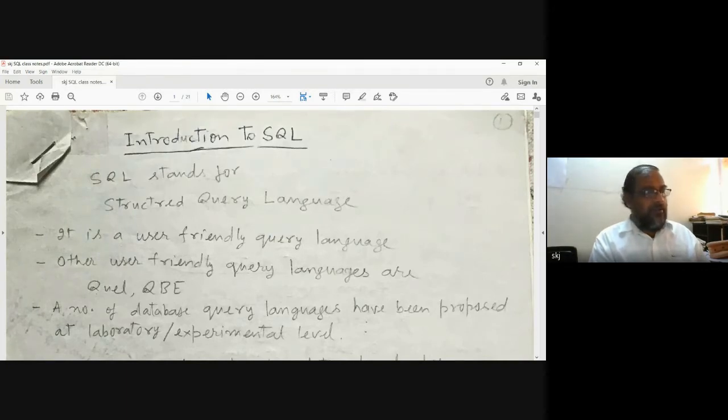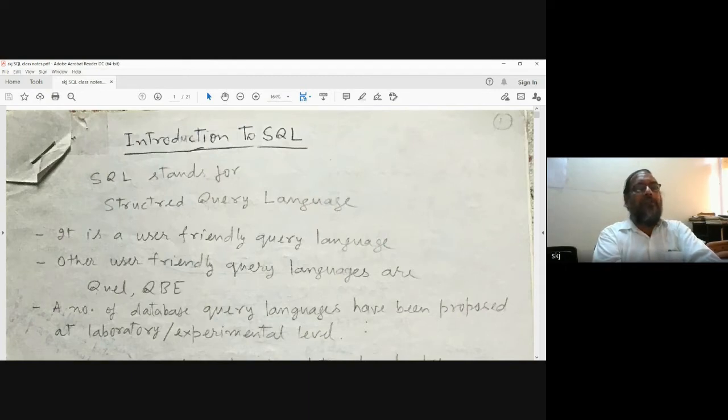Now here, in the database management system course, I expect you already have an idea what is data, what is a database, what is related data, what is a database management system, and one popular database management system, that is MySQL.